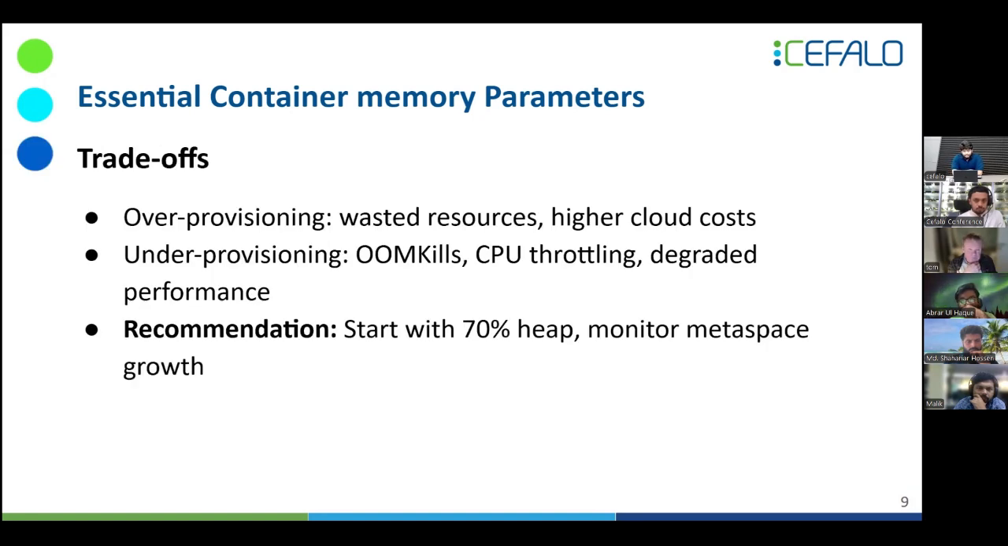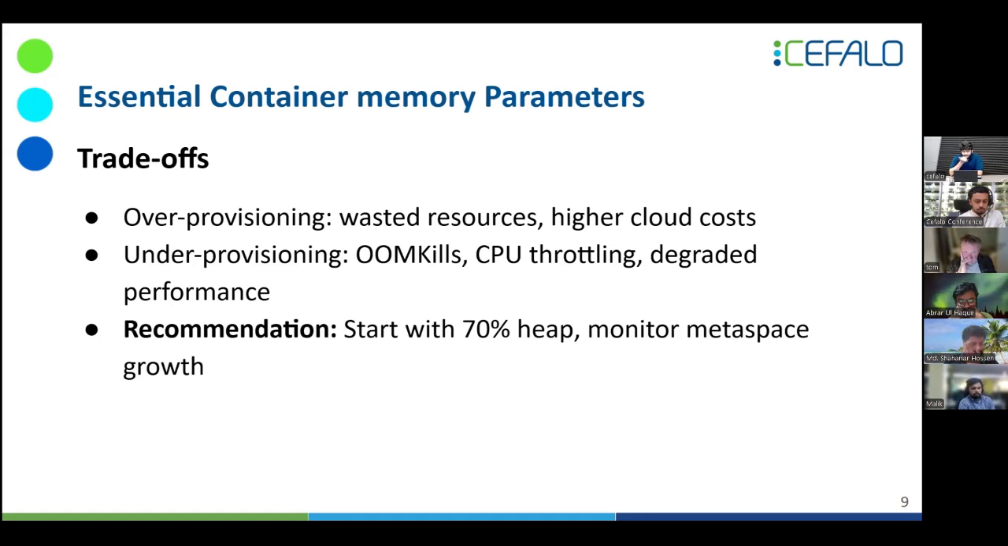Everything comes with trade-offs. We don't want to over provision memory or CPU because it will result in wasted resources, which will result in higher cloud cost. We also want to avoid under provisioning, because if you provide less memory, it will increase OOM kills because your application will be out of memory. If you provide less CPU, then the CPU will be throttled. That means your application will get less CPU, so it will take more time to process,